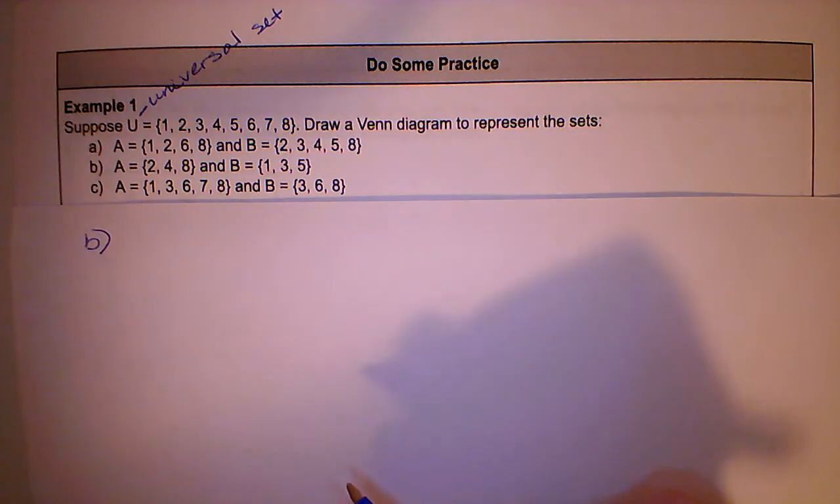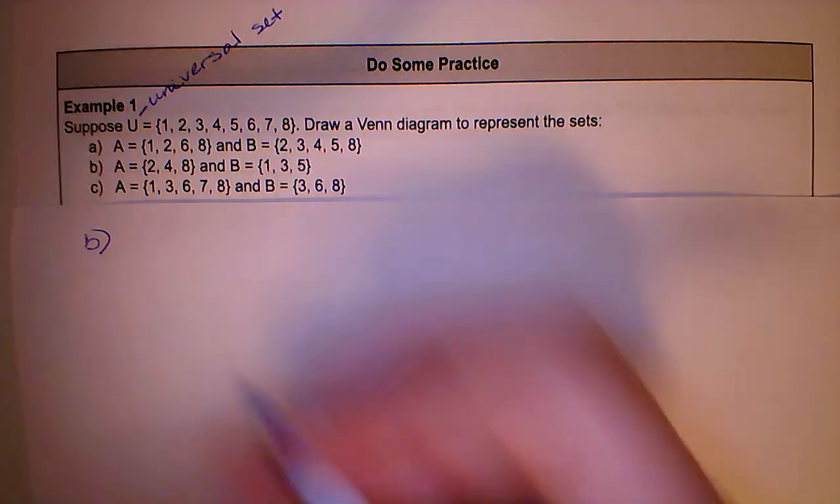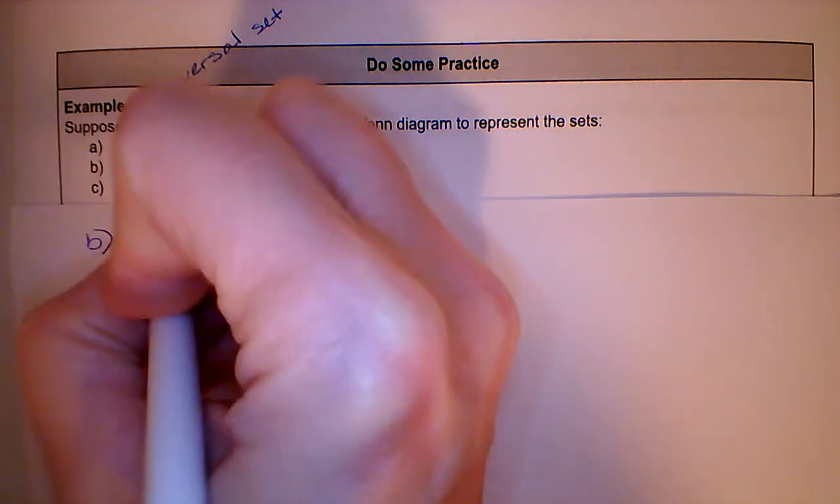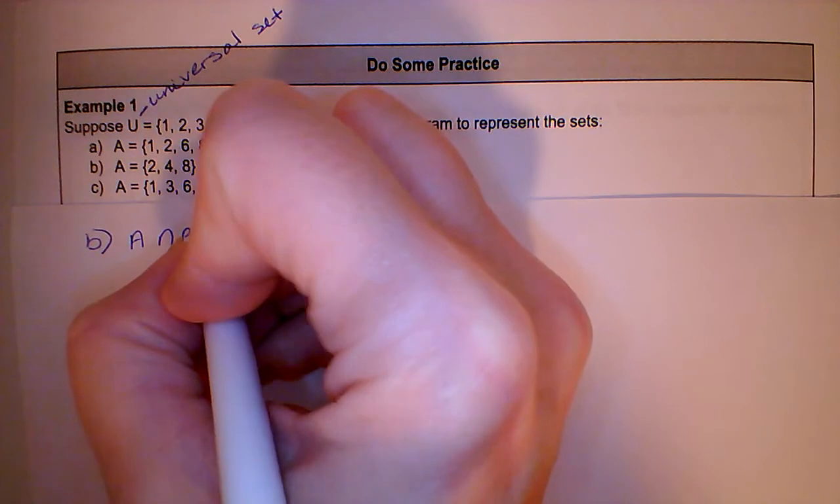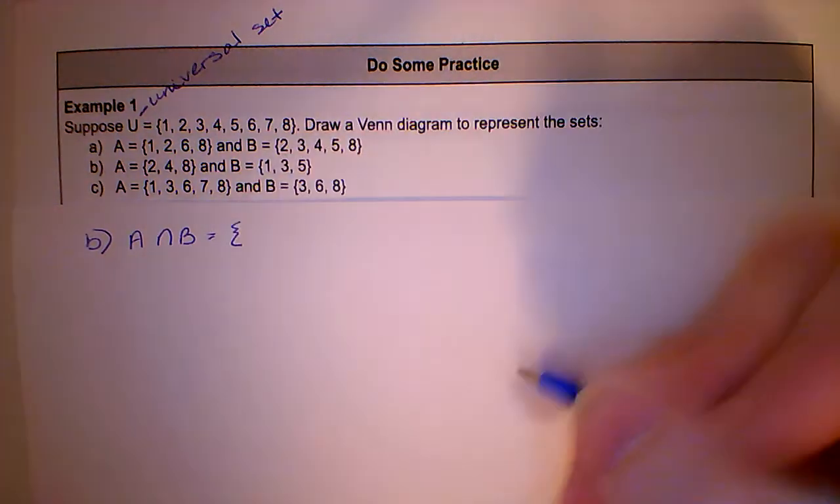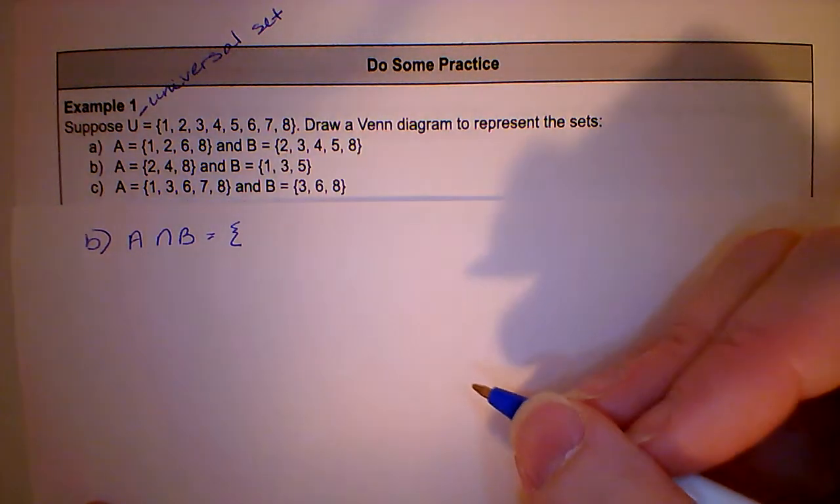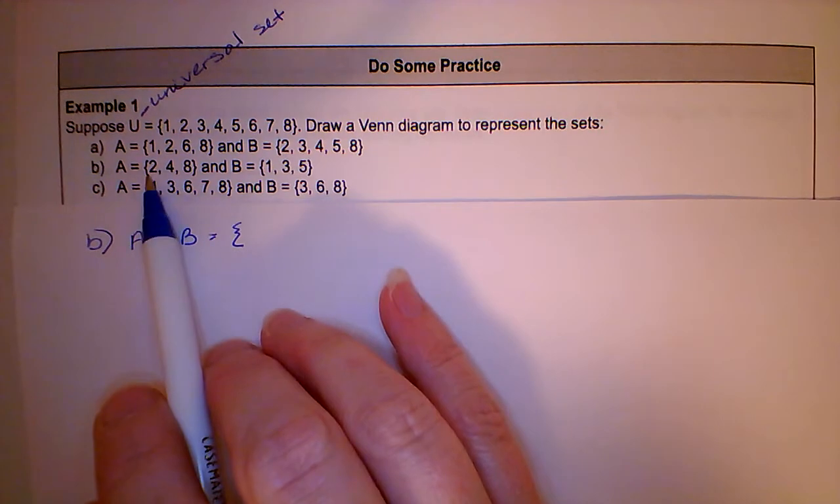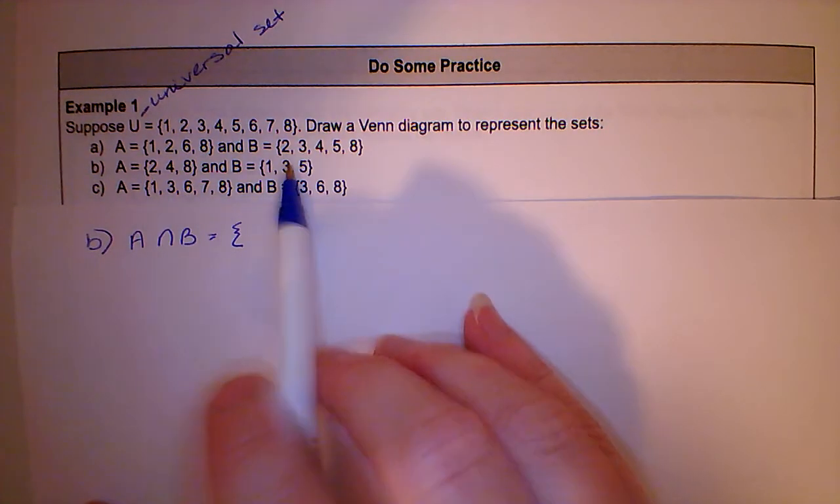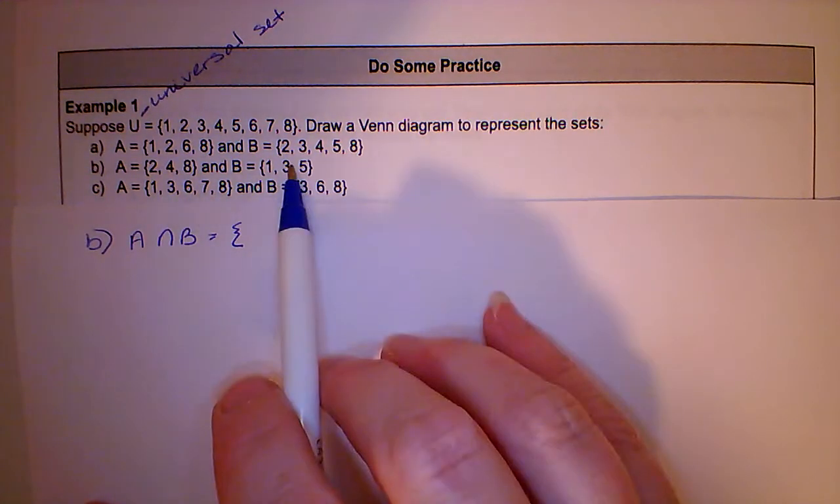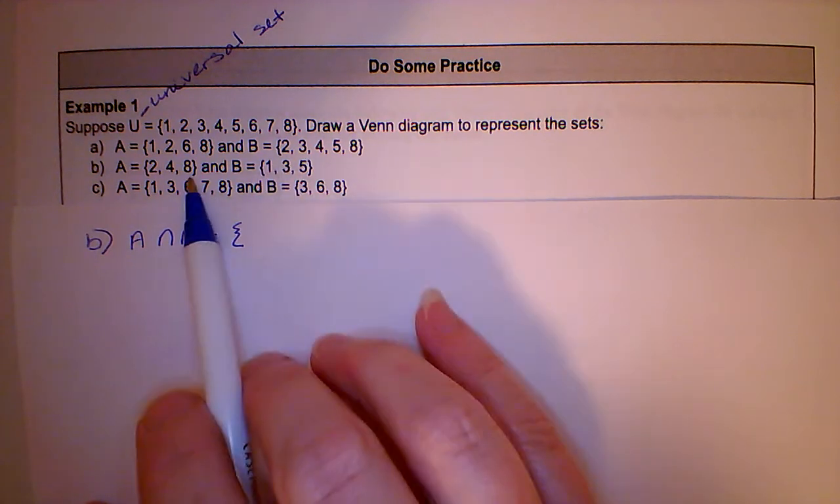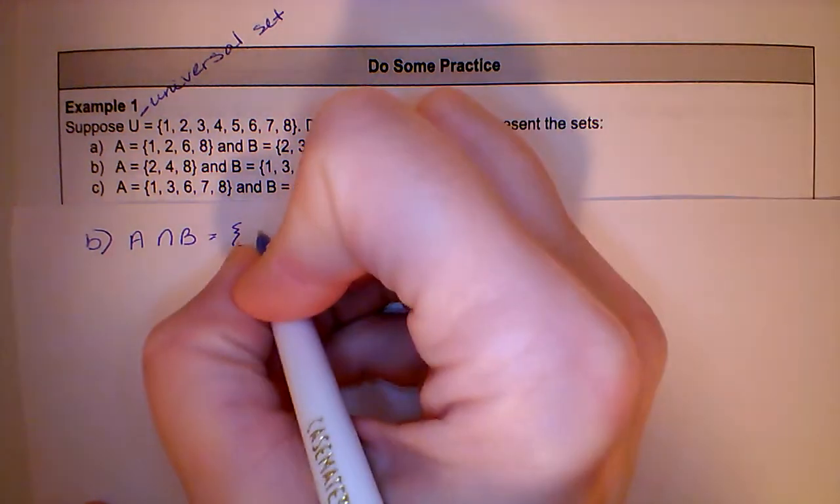So for part B, I'm going to use the same strategy. I'm going to look for A intersect B. And I want to see what are the elements that they have in common. Well, A has a 2, B does not have a 2. A has a 4, B does not have a 4. A has an 8, B does not have an 8. And 1, 3, and 5 are not in A. So it turns out